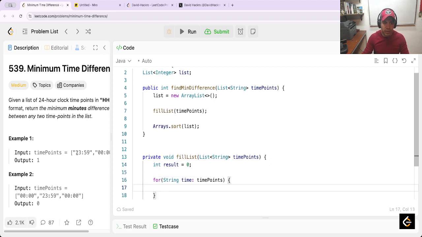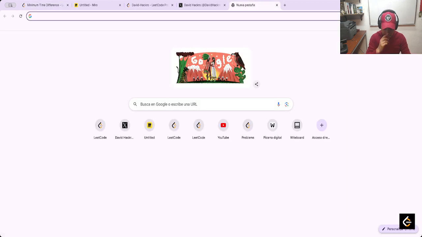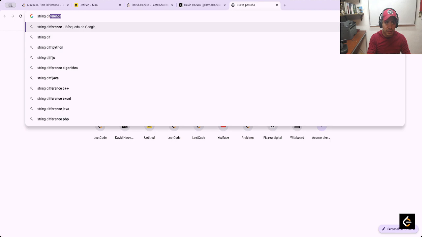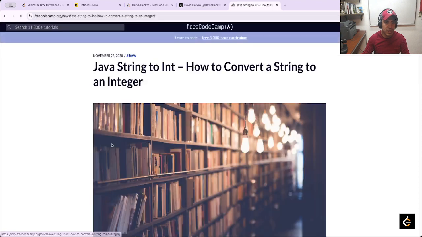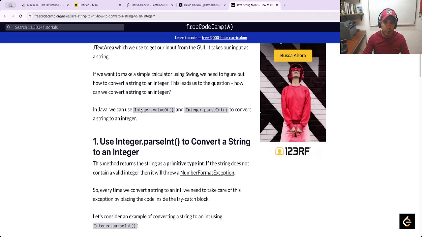we know that it's 5 elements. The first is result plus equal, and in this case is the time, and here is string digits to int. It's string integer value of